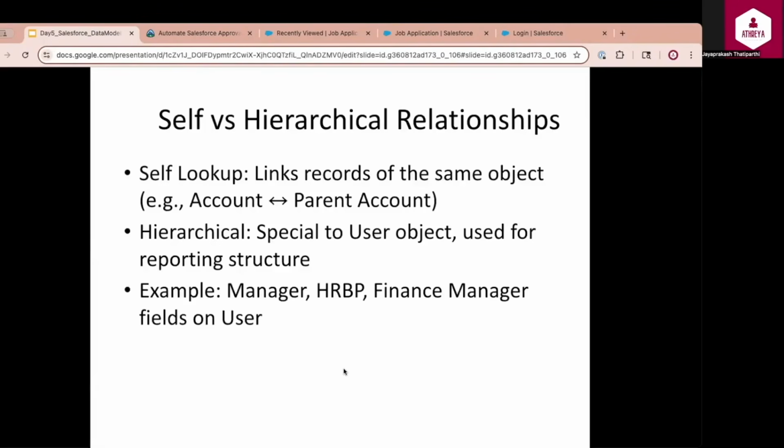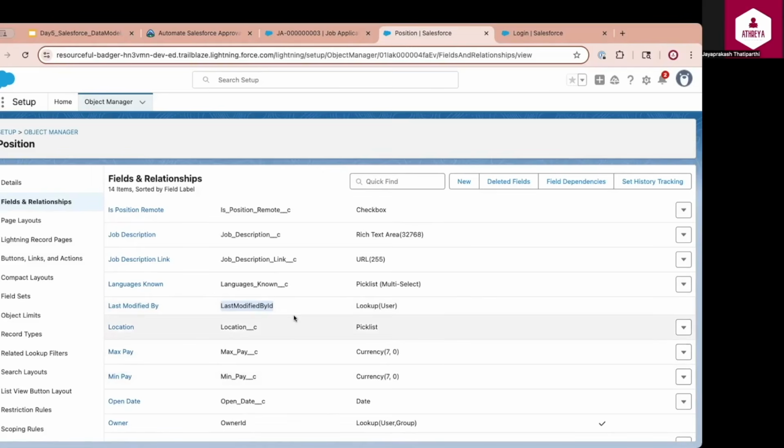Now let us discuss the other two relationships that Salesforce supports. A self relationship is a lookup field that points back to the same object, allowing you to create parent-child hierarchies within a single object. Suppose you have an object called position. You want to model a parent position like a senior role and its sub position like a junior role reporting